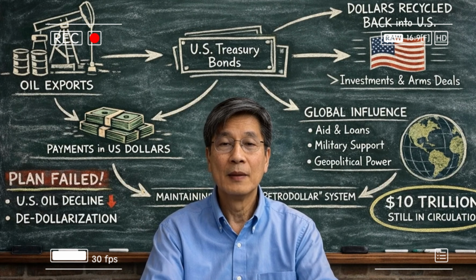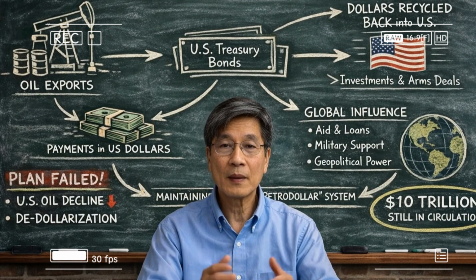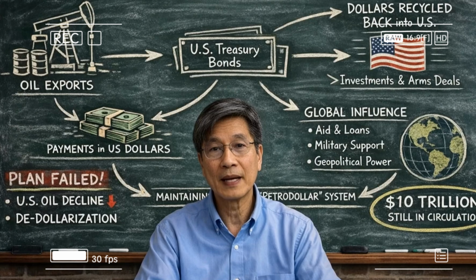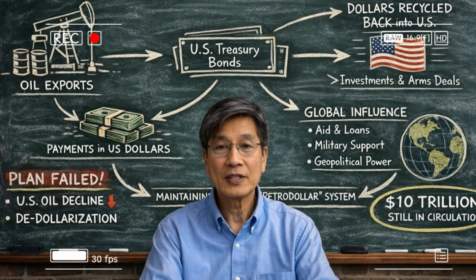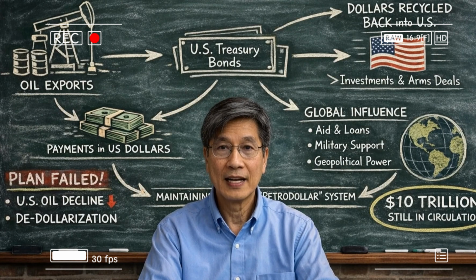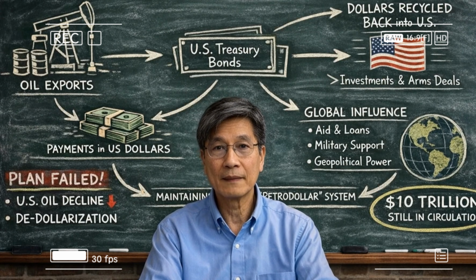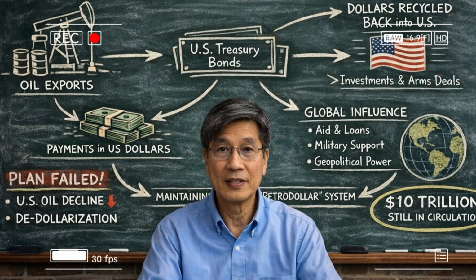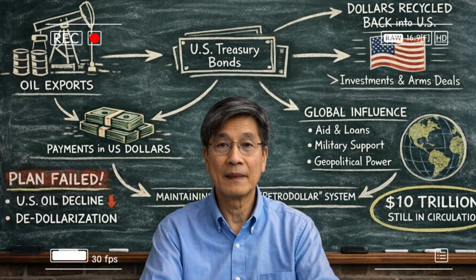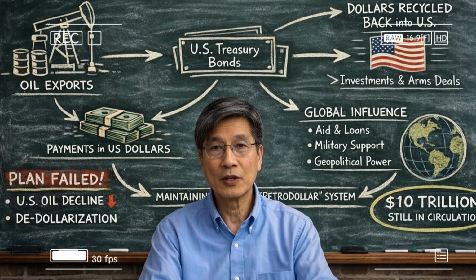Imagine you're a country like Japan. You don't produce much oil, but you need oil to power your economy. To buy oil, you must first get US dollars. Second, keep dollar reserves ready. Third, trade with the US or hold US assets. This creates constant global demand for the US dollar.